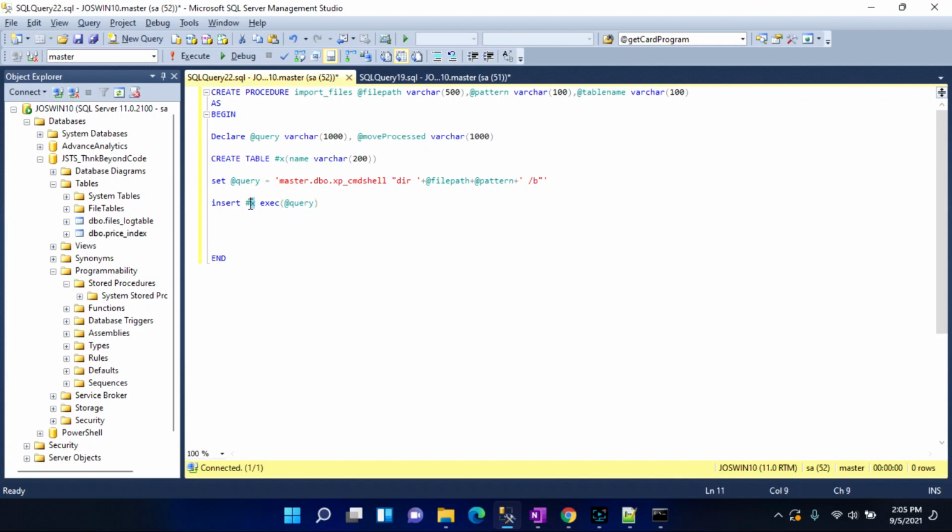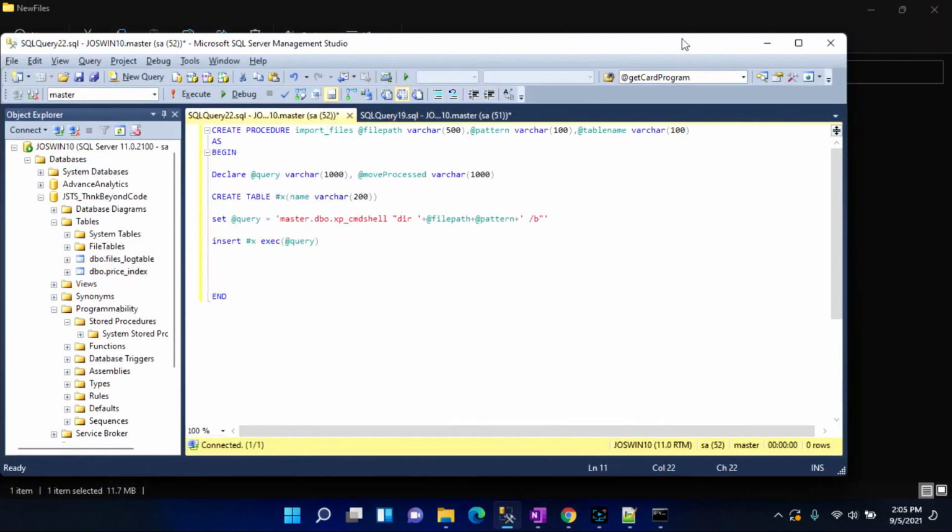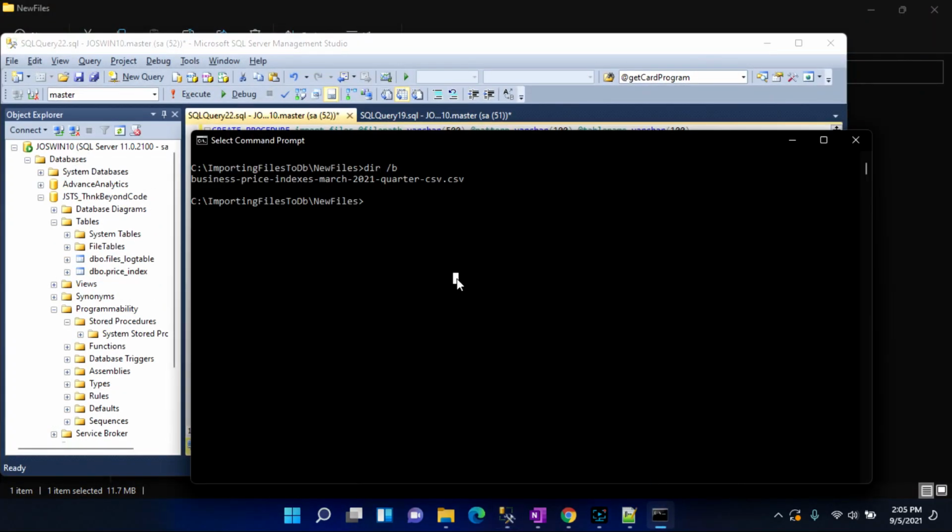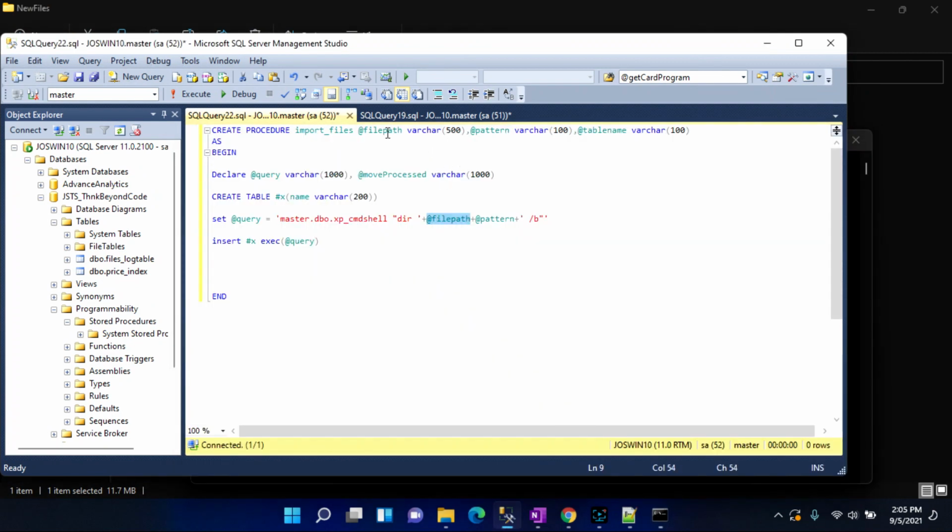We insert by calling the function execute and executing our query. So our query is going to execute and return all file names in that given file path. But also to note, the query is going to return files that are aligned with the pattern. For example, if the file is